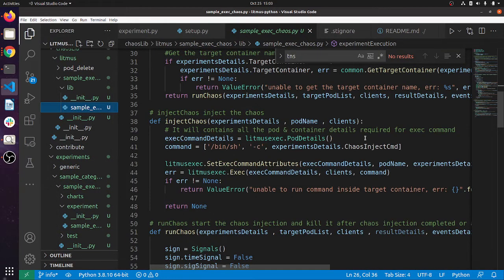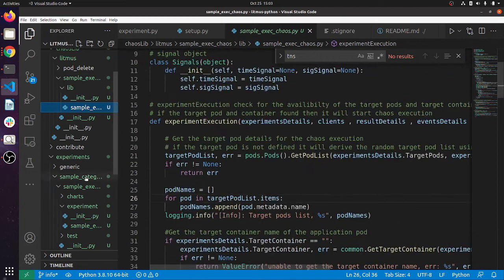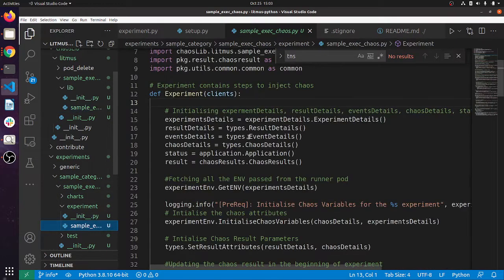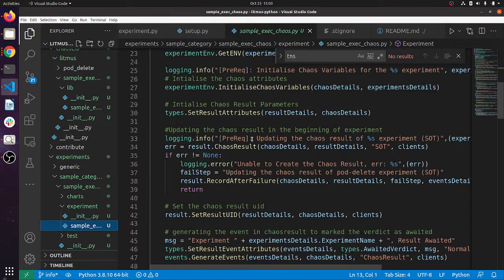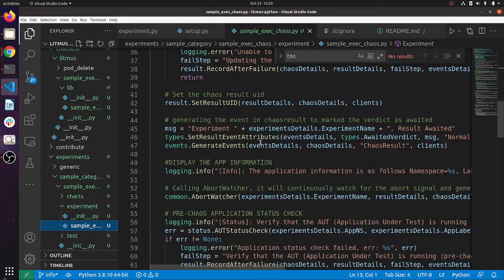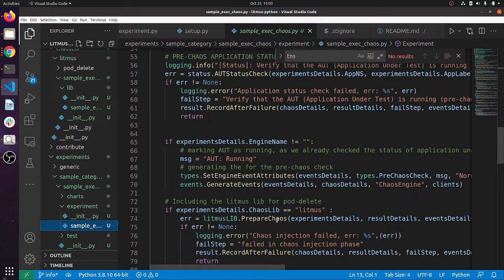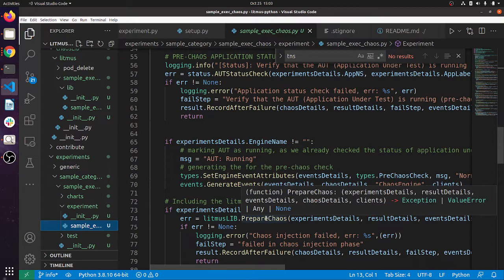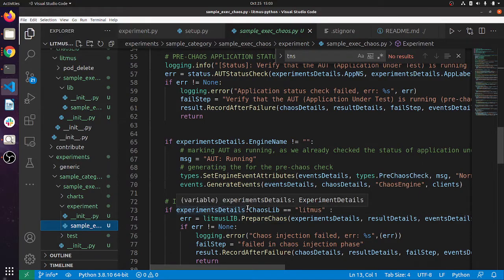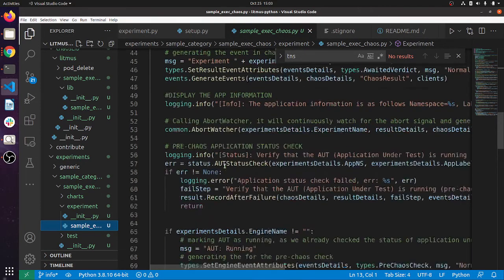We will use this. In the experiment file here, the prepare library has been created, so your litmus lib is being used. This is the basic structure to write our kiosk. This is the default one.